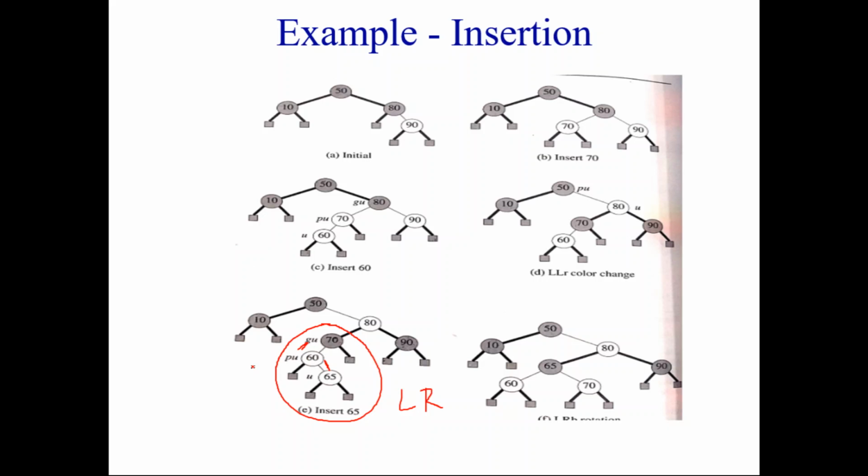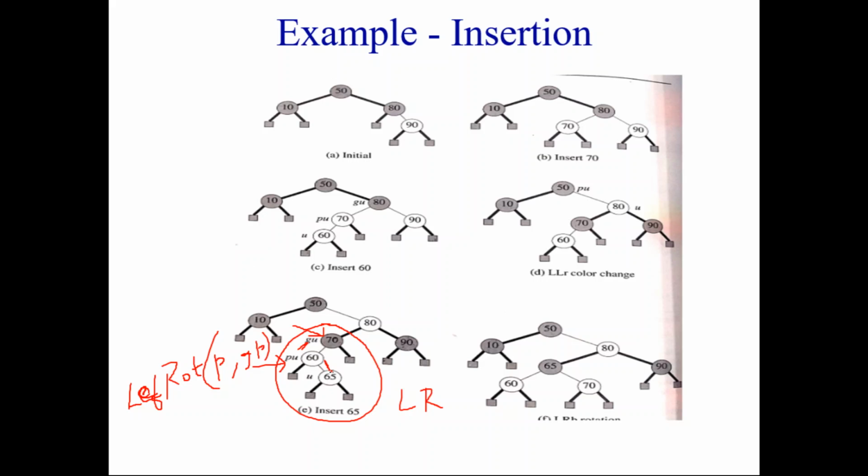On 60, this particular node, the parent. And who is the parent of the parent? GP. So first we have to perform a left rotation on P and GP. Actually we want to perform a left rotation on the parent, but for performing the left rotation we need the parent's pointer also. So the parent of the parent is nothing but GP. So perform left rotation on this.